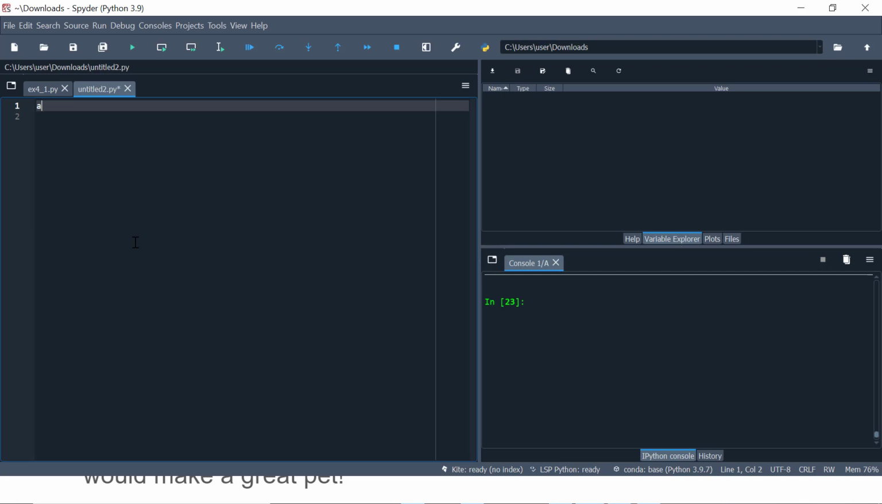Okay, so I'm going to create a list called animals, and it's going to contain 3 animals that have similar characteristics. I'm going to use domestic animals: dogs, cats,